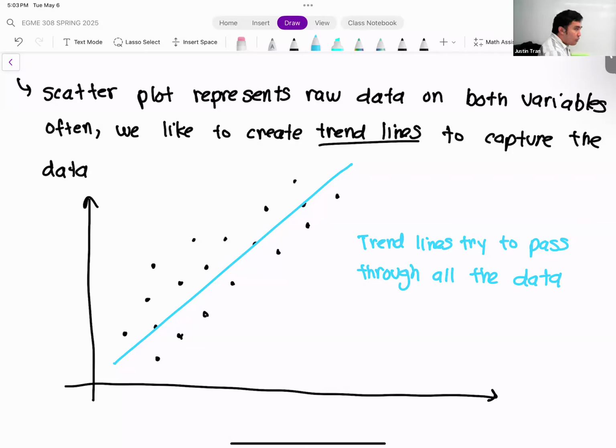And so the idea is not only to produce something that's easier to visualize, but with this trend line, we can actually get a function for that line, right? And so when we determine that function for the trend line, that's going to give us some really interesting information on the data. Because the trend line is just like any linear line that you've learned since algebra, right? And so the trend line is going to look something like this,